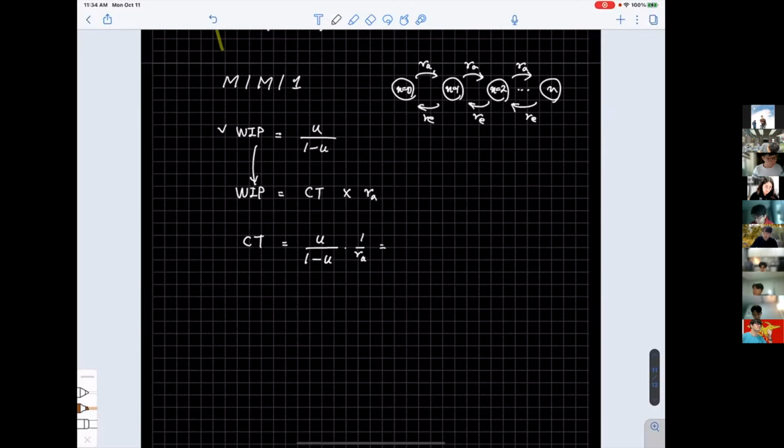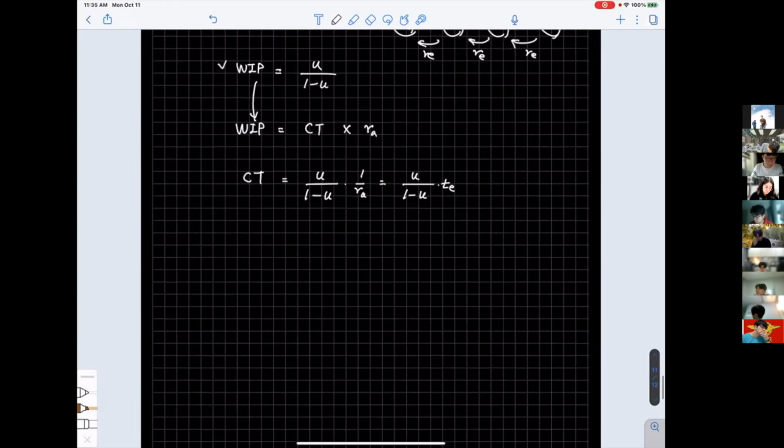And this can be rewritten, and because CTq plus TE is the same as the CT, if we move this side, and if we add some simplification, then CTq became as